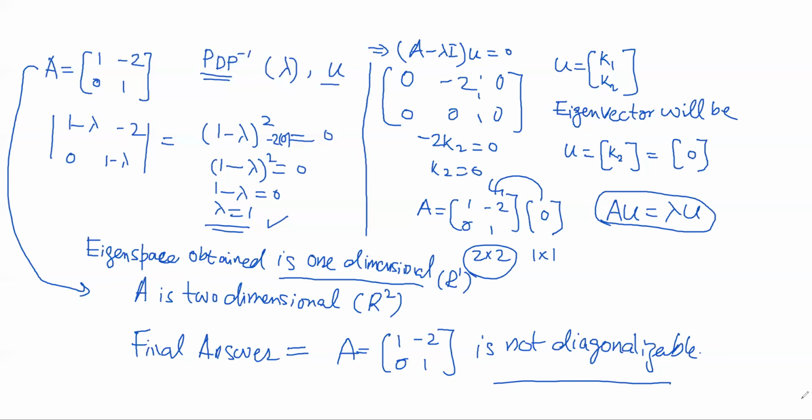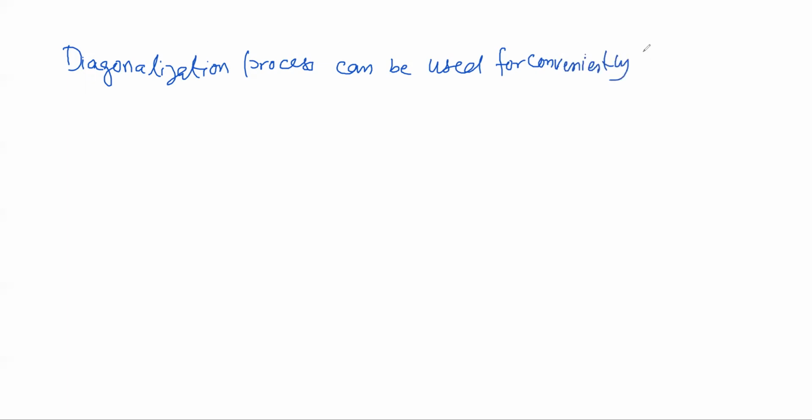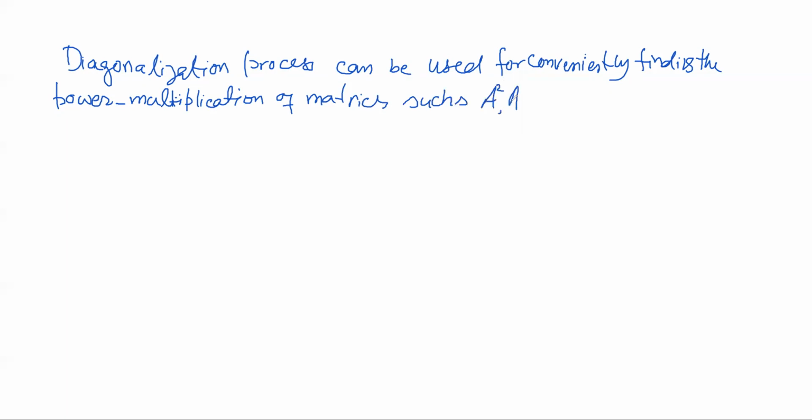Okay, so this diagonalization process can be used for conveniently finding the powers, power multiplication of matrices, such as A square, A cube, A4, etc. For example, if we want to find A square, then we have to write a matrix